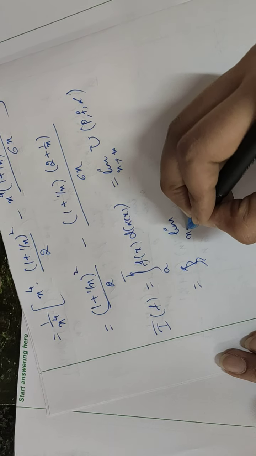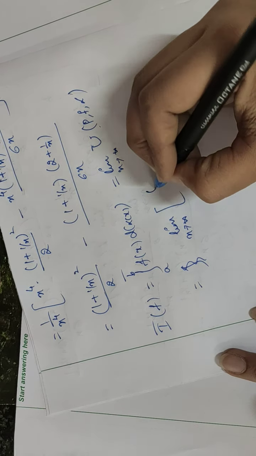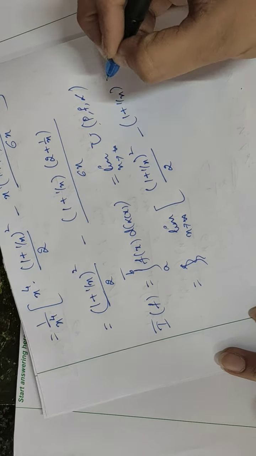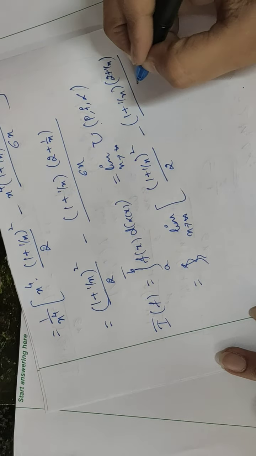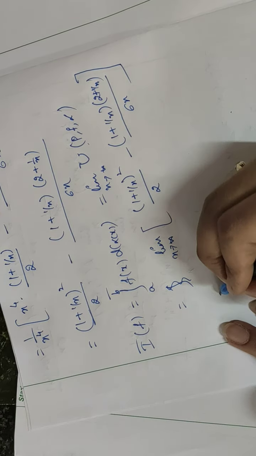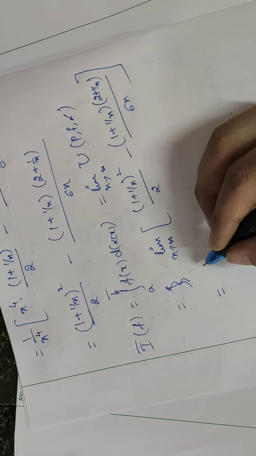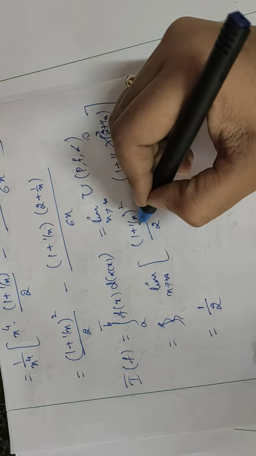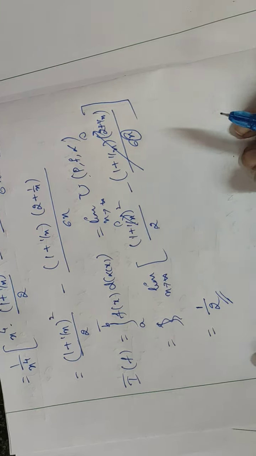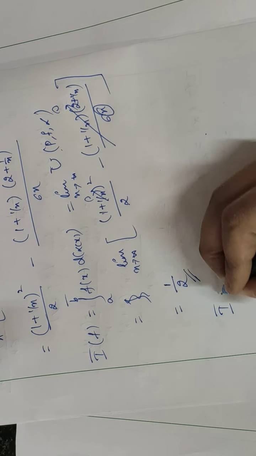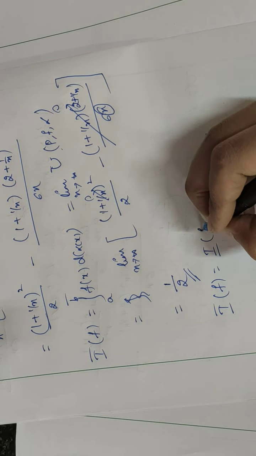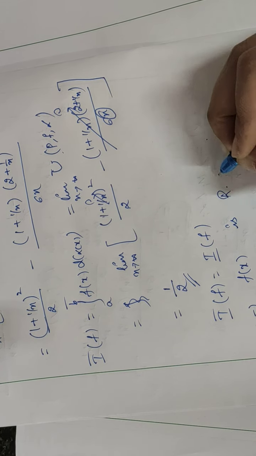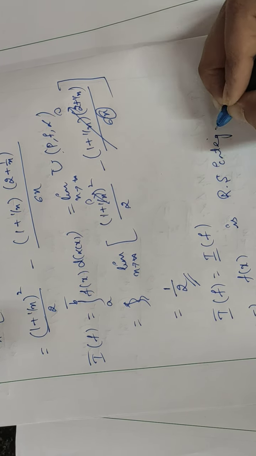So limit n tends to infinity, substitute this value. It is (1 plus 1 by n) the whole square by 2 minus (1 plus 1 by n) into (2 plus 1 by n) divided by 6n. After substituting the limiting value, you will be getting 1 over 2, because since you have n here, this whole term will be 0, so 1 by 2 it is. Now we can say that the upper bar of f is equal to the lower bar of f. This implies function f of x is Riemann-Stieltjes integrable function